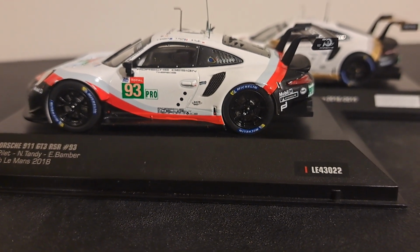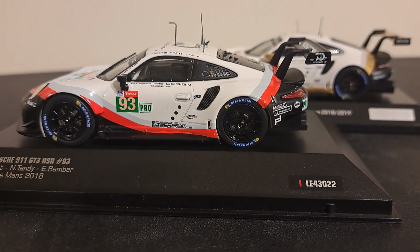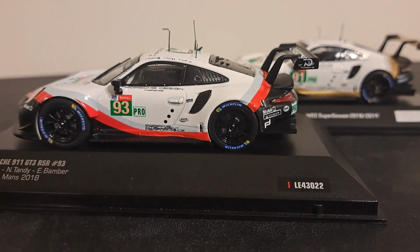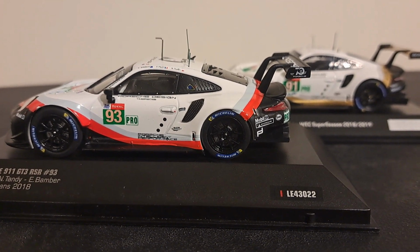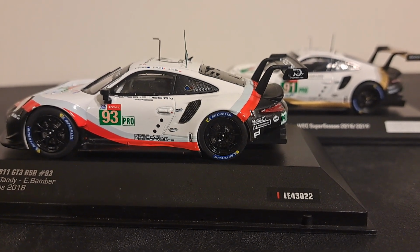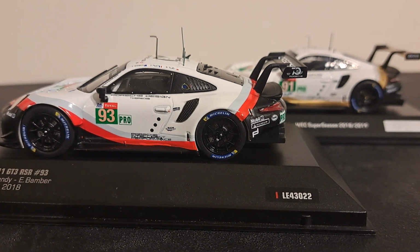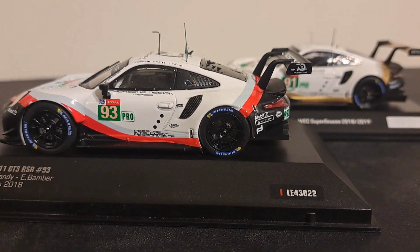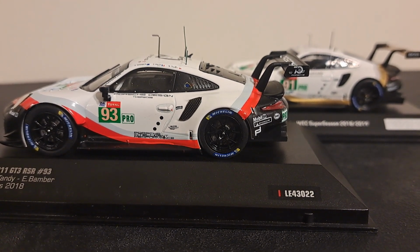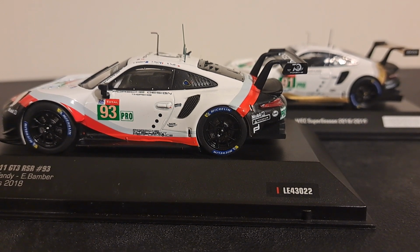And I've seen a lot of videos over the years comparing IXO to Spark, mostly in 1/18 scale, from the reviewers. And their opinion is always, well, you can get the IXO model for about $100, about $250 for the Spark. Is it worth it? Yeah, I think in some cases, but particularly in this case, when you're looking at a $50 car that has some obvious quality control issues compared to the $90 Spark, I'll spend my money on the $90 Spark and pass on the $50